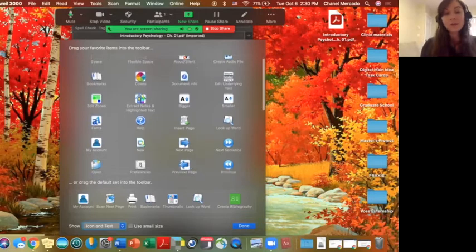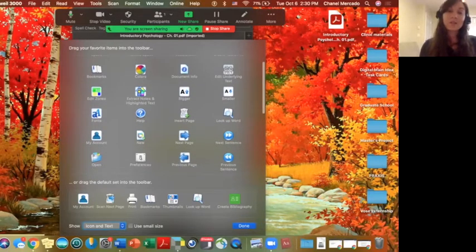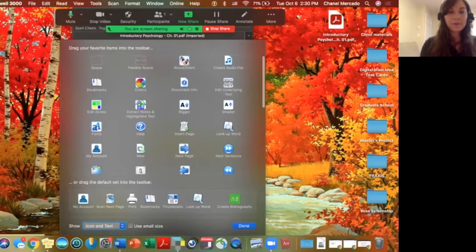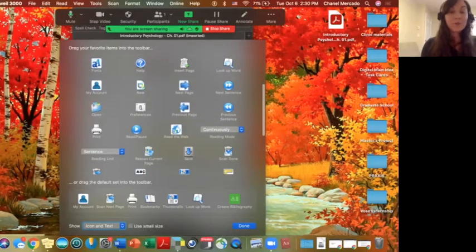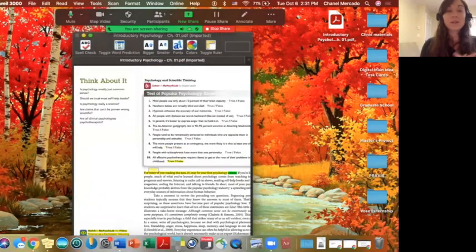Ones that you might find particularly helpful are next page and previous page, so you don't need to go click or select those little arrows that are at the bottom of each page. There's also the create audio file. So if you wanted to create an MP3, which I'll also show you how to do in just a moment. There's the read and pause, which is huge. That way you don't have to bring up that reader window every time. And also open, of course. So that's the way that you can customize the toolbar if you wanted.